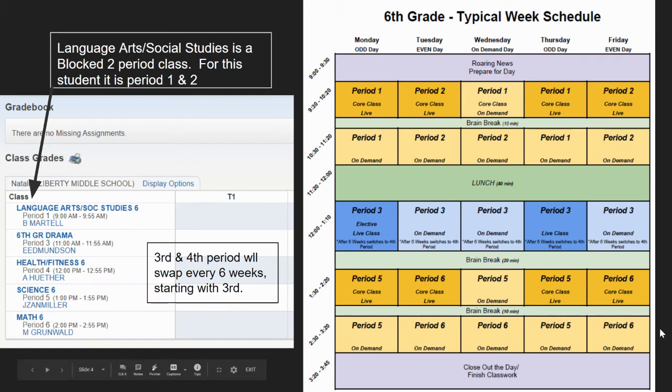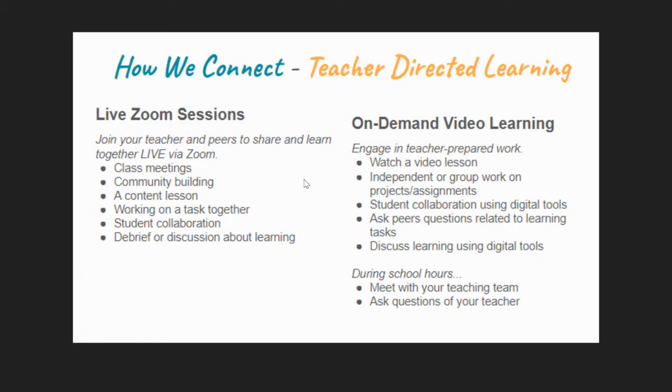again Thursday and Friday. On the on-demand day, Wednesday, you'll notice they have first, second, third, no fourth because that's the other elective, and then 5th and 6th. So they'll have activities in all of their classes on that day. And so this is what a typical week will look like. And now let's quickly jump over and take a look at what the first 2 weeks are going to look like. I already talked a little bit about the on-demand and the live, so I'm just going to go past